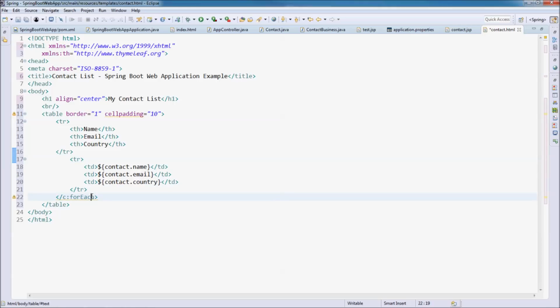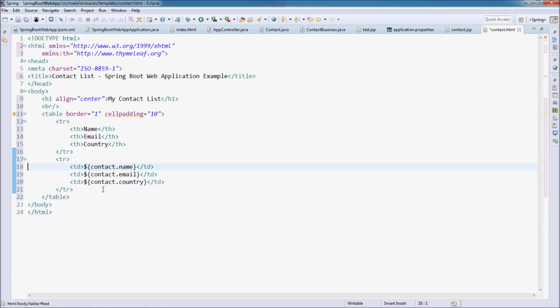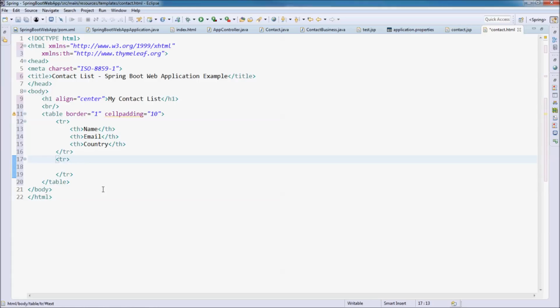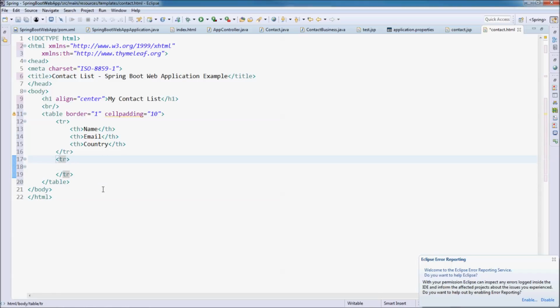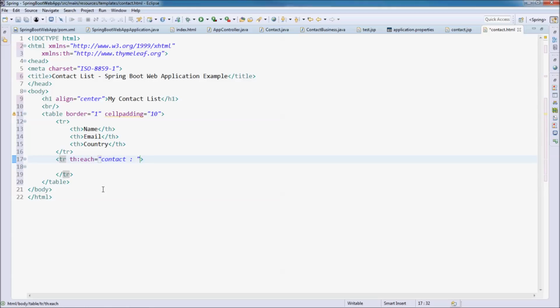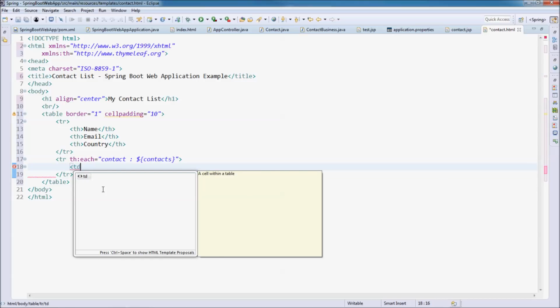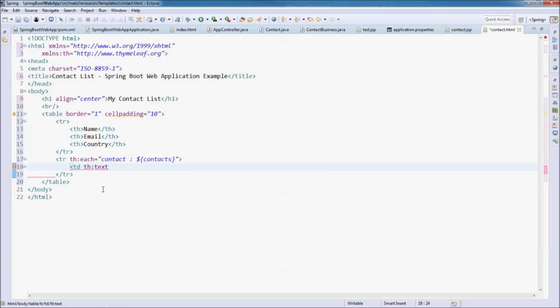Remove forEach. forEach is for the JSTL, and now we use Thymeleaf, which is different. Here for Thymeleaf, we specify the attribute each contact in the contact list, and for each table cell we specify the tag for contact dot name. Okay,